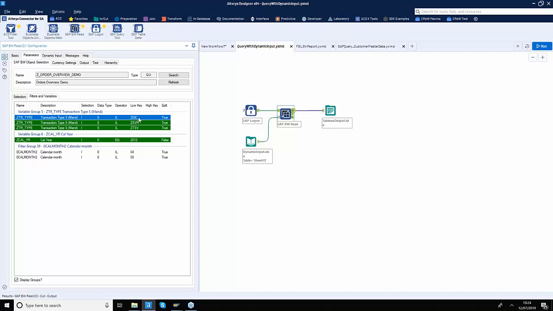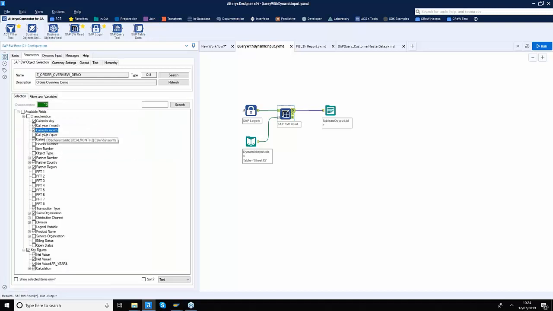However, the SAP system is going to receive multiple requests, one after another. First request will go for this line for year 2012, then for this line, and then for year 2012, and so on and so forth. Eventually, you will get all the data combined into a single output, so you don't have to worry about joining that data together. Similarly, you can also apply filters on any of the characteristics as your secondary drill down filters.